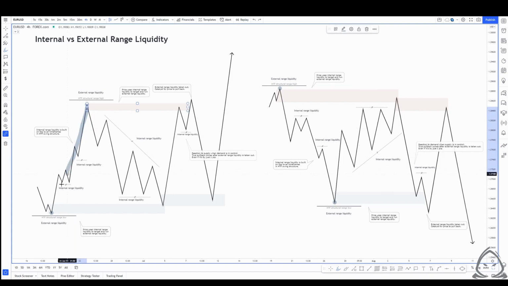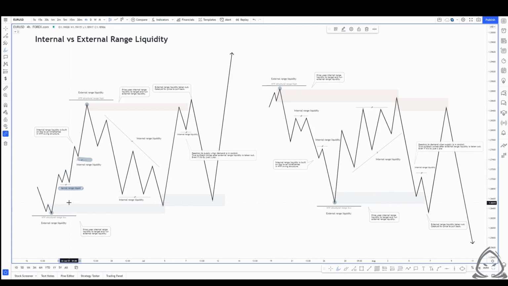So for example, if this was a 4-hour leg of structure and we drop down to the 15-minute to dig into the price action, what we would see on the 15-minute is much more clear internal range liquidity. And what internal range liquidity ends up being in a bullish swing structure would be equal lows, structural lows, and upward sloping trendline liquidity. The basis of these points for value is there's a collection of orders resting here,